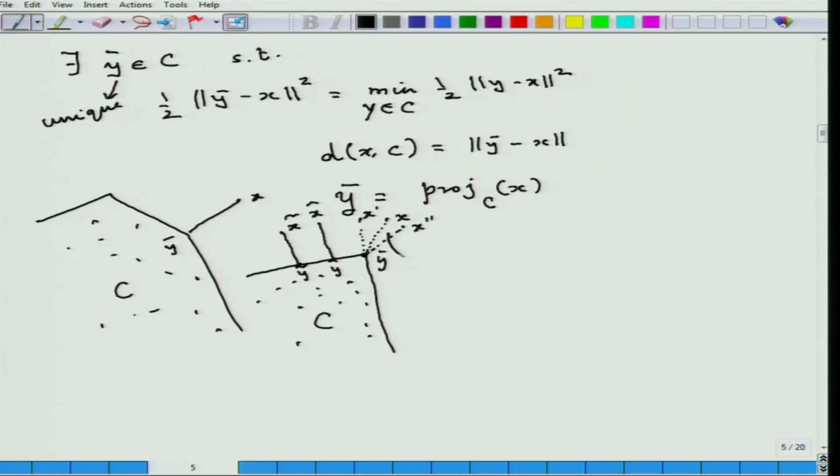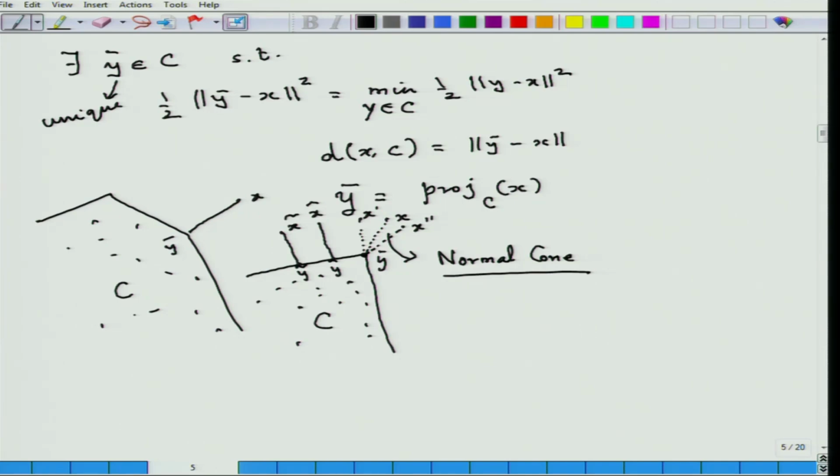But that is not exactly what we need at this moment. We will learn about them slightly later, but what I want to recollect at this point is that for all these x dash, x tilde, x double dash,